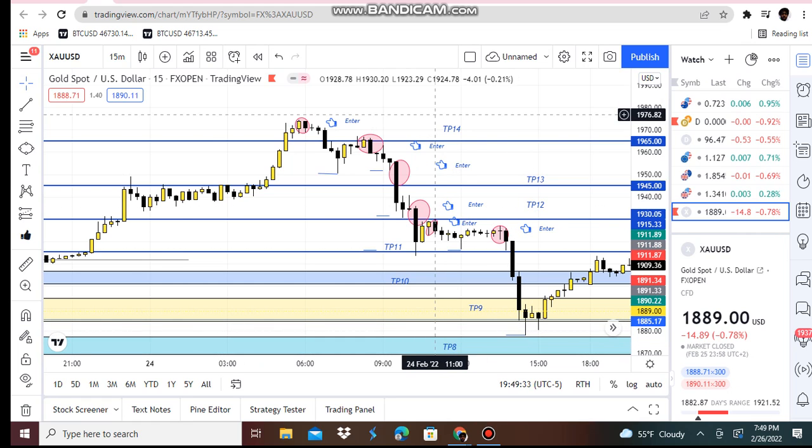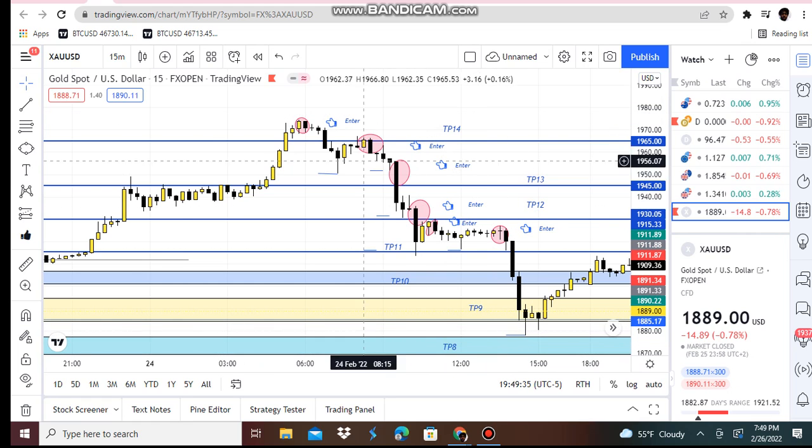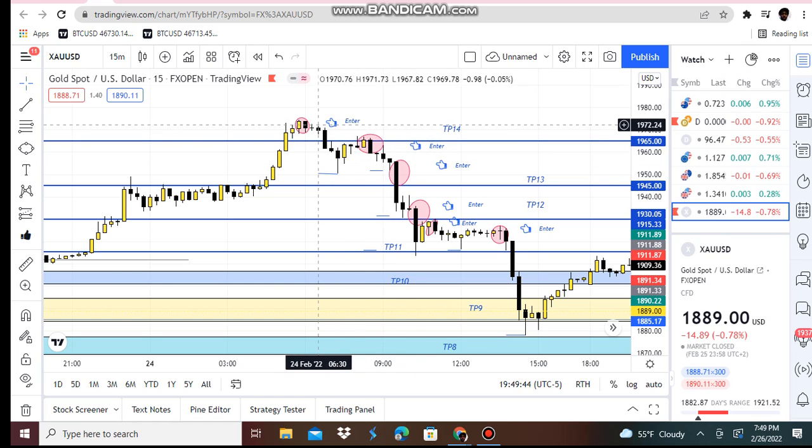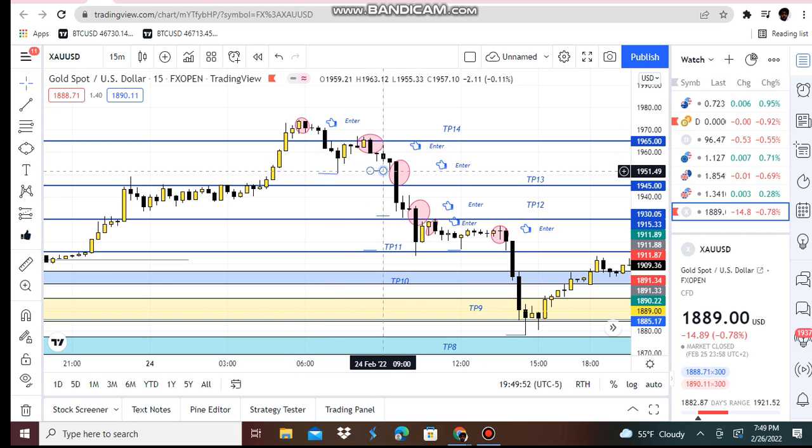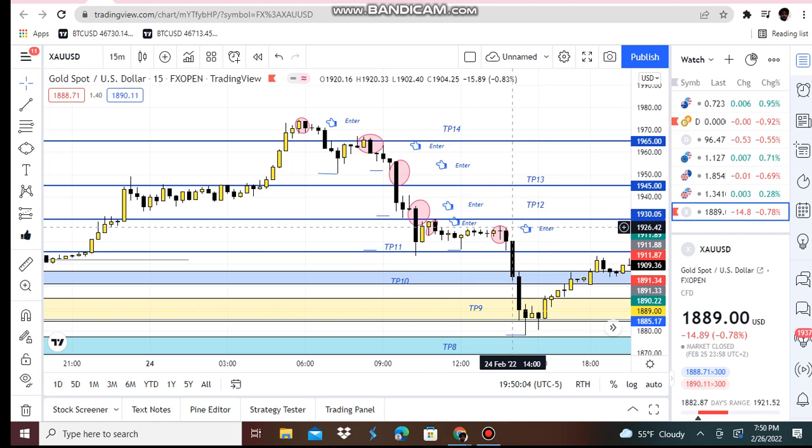Of course, you could have rolled this also. This is more like if you're just scraping, if you want to say, and you're trying to get in from one trade to one trade, got out of the trade, of course, once price stopped here, made a lower high, got in, got out of the trade, boom, once price made a lower high, boom, made a lower low, boom, got out of the trade, made a lower high, made a lower low, boom, got out of the trade, made a lower high, made a lower low, boom, got out of the trade, and of course made a lower high and then made a lower low, making structure,